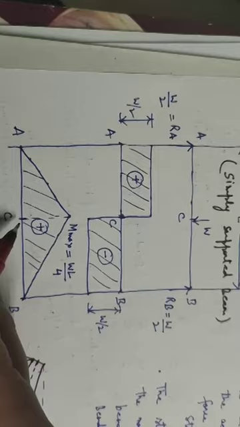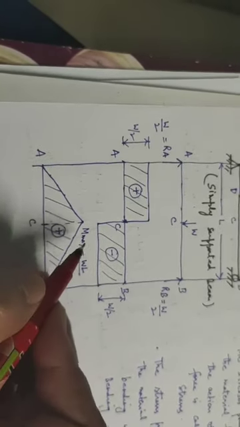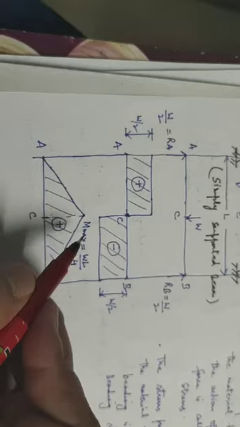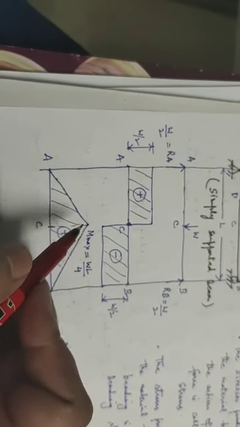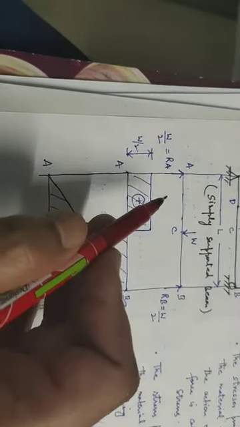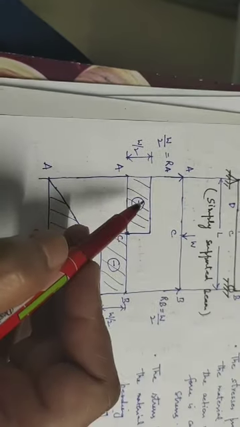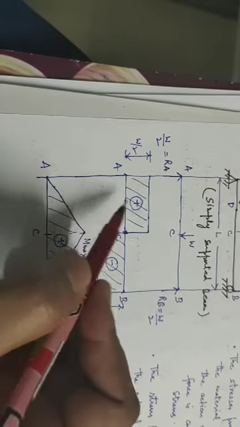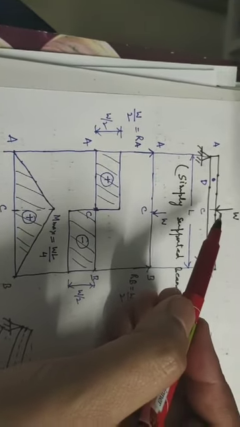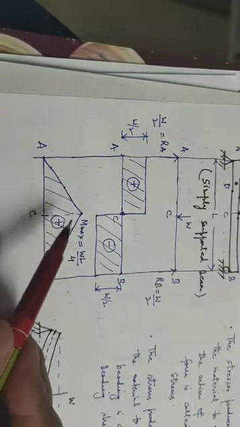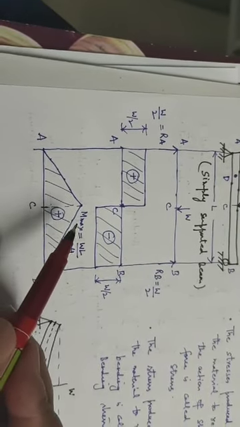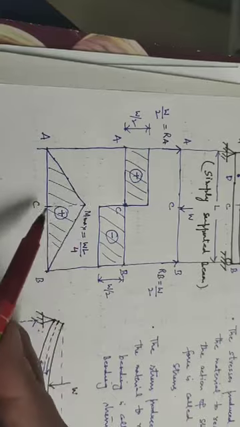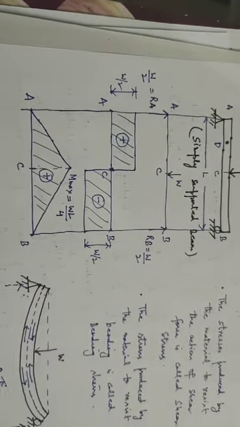So at any point where you have to find the bending stresses, the formula is the bending equation. Whereas if we consider any other point, say point D, both stresses will come here, and the total stress at this point will be found by considering both these stresses, and by Mohr's circle we will be able to find the maximum stress at this section. But in most numericals we will find the maximum stress due to bending, and at point C the stress will be only due to bending. So the maximum stress at point C will be your bending stress. Thank you.